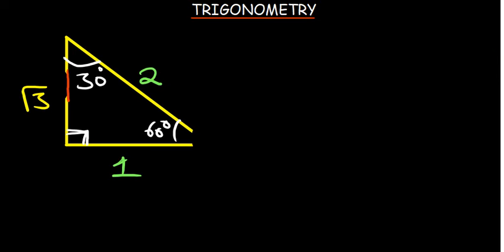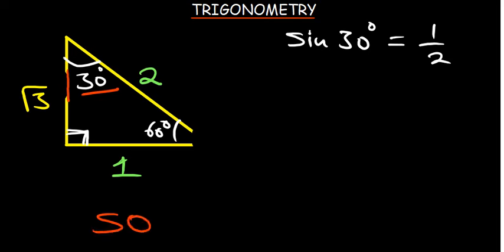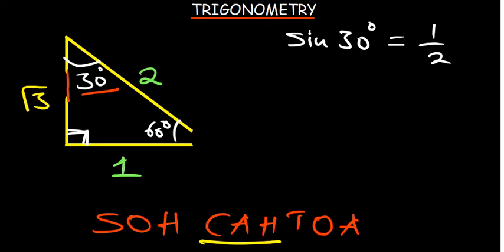So you already know sine 30, at least for the start. So we do know sine 30 is equal to 1 over 2. Okay, what else should we know? Now if we continue looking at our trig ratios, we've already dealt with the sine, so we can go to the cosine. So it's going to be cosine